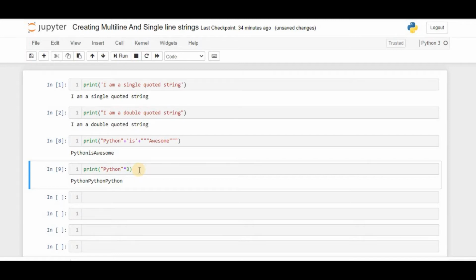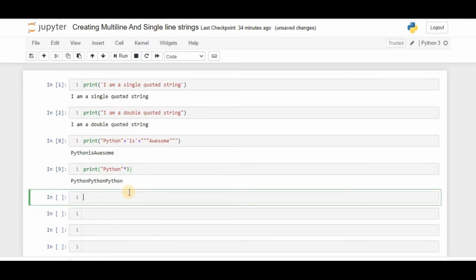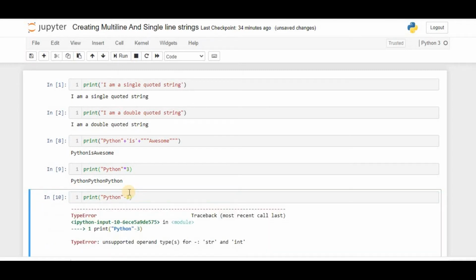Other arithmetic operators don't make sense in the context of a string. For example, the subtraction operator. If I do the same thing with the subtraction operator, Python is going to throw an error. Why? Because it doesn't know how to subtract strings. See, Python shows an error: unsupported operand type for string and integer.